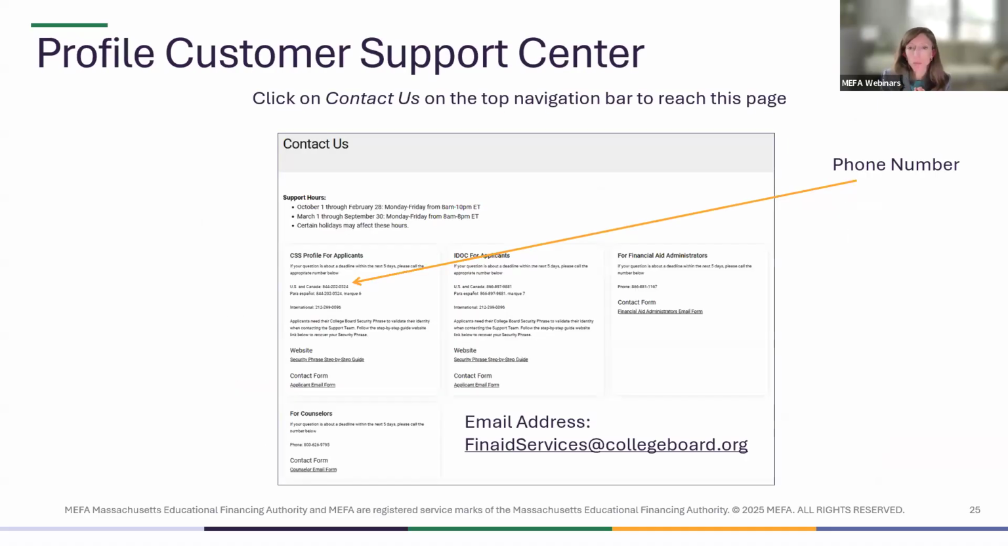And then for customer service with the profile, you can click on Contact Us at the top of any page when you're in the profile, and you'll get this Contact Us screen. So it's going to give you the hours of their customer service. There's a phone number. We pointed it out here because it's pretty small, but you'll have that toll-free phone number that you can use. They do also have an email address. Sometimes they include it on the Contact Us form. Sometimes they don't. Currently, it's not on there, but their email address is